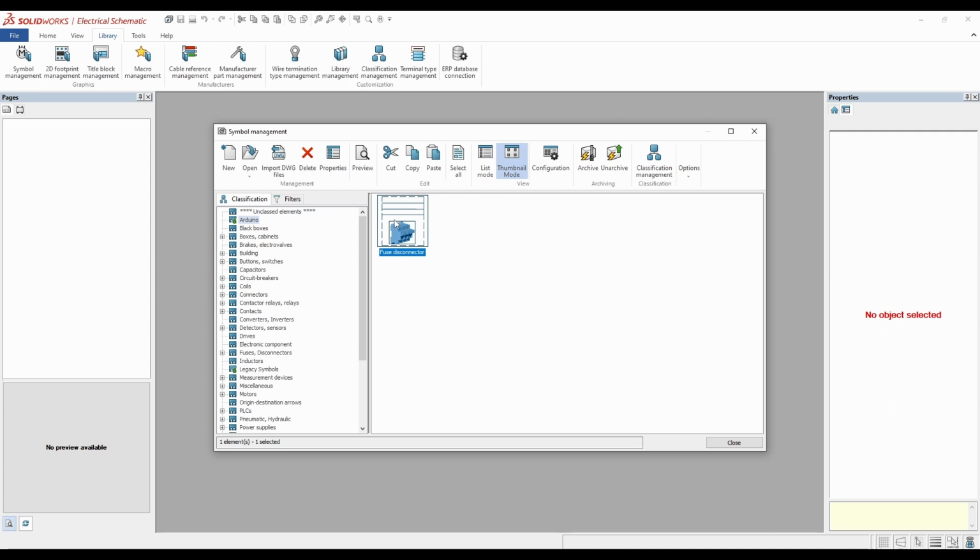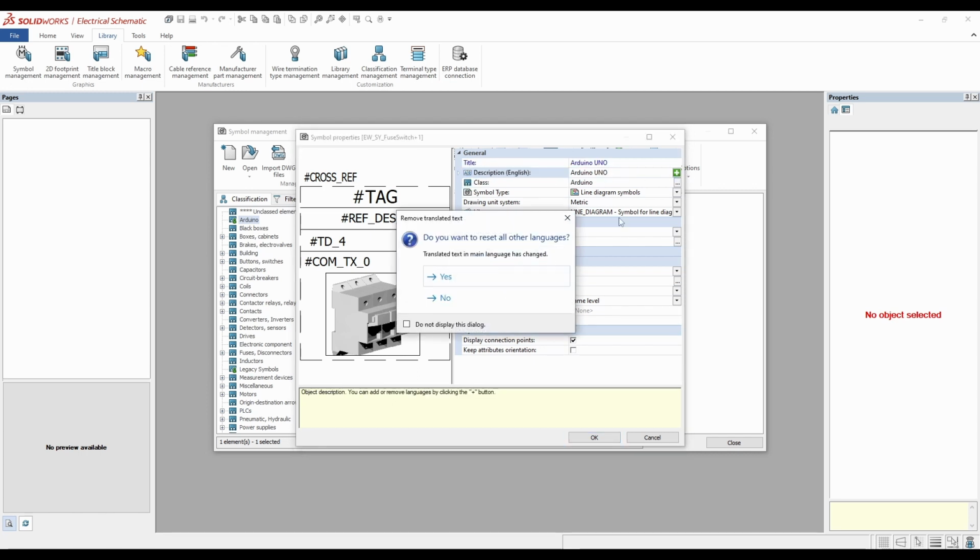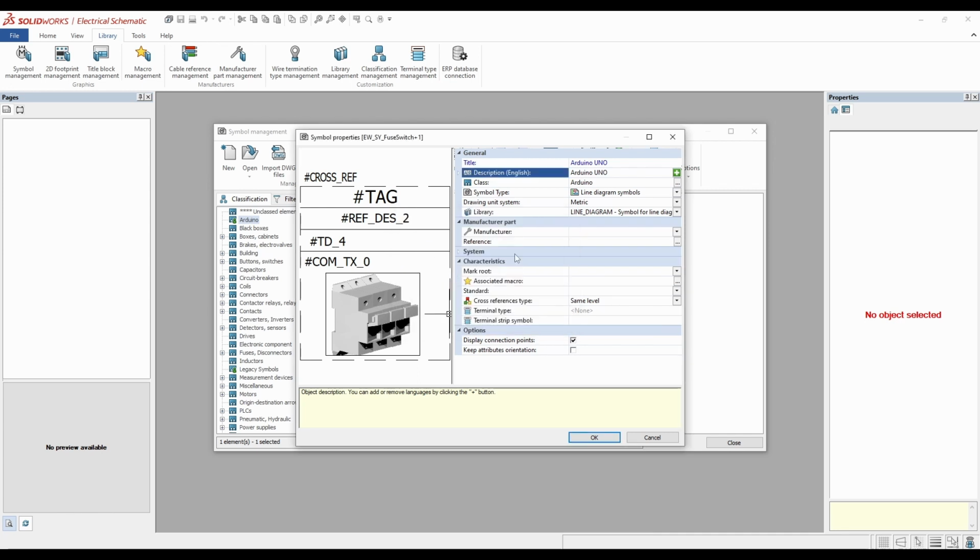To modify the name and the properties on the symbol, we simply right click and go into properties. First of all, we'll give it a new title, and also give it a new title down in the description. And when we go on to the next field, it will come up and ask if we want to reset all the other languages. We'll say yes to this one. Set what class we are in. We can go down to the manufacturing,